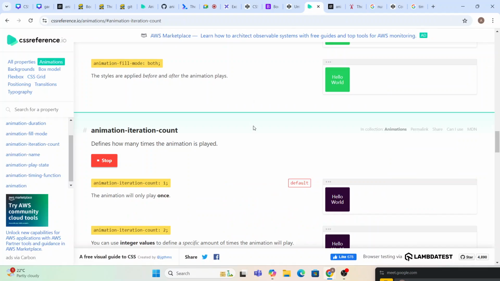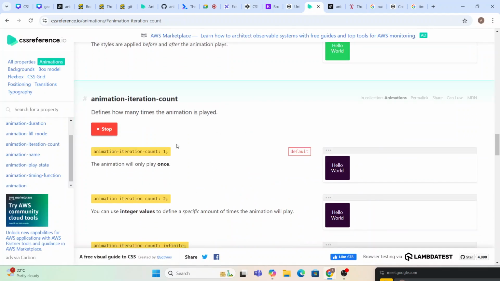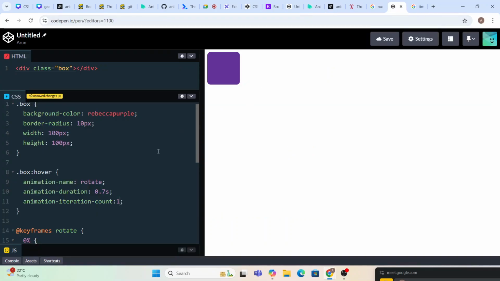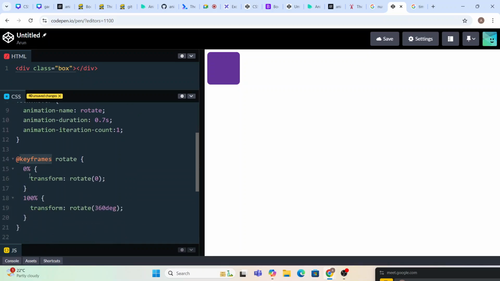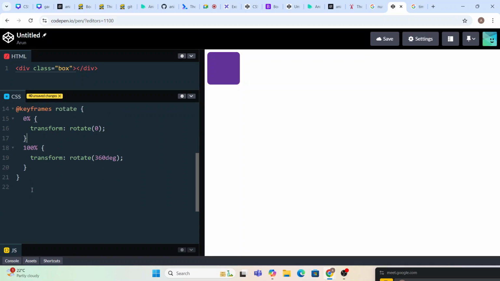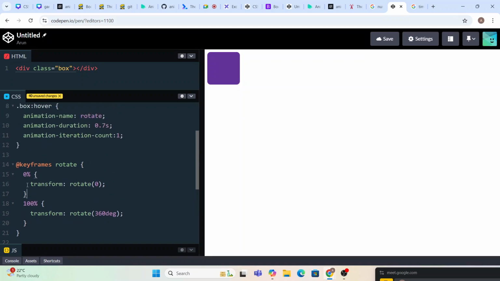To start with, you don't have to learn all these things in one go. If you can learn a simple animation like what we saw here, using these basic properties and defining these keyframes, and keyframes, as I showed you, can divide the whole start and end state with a lot of intermediate states, like 20%, 25%, 30%. You can go on defining individual frames. If you don't define them, by default it will take care of moving from here to here, just like transition. All right, so this is about